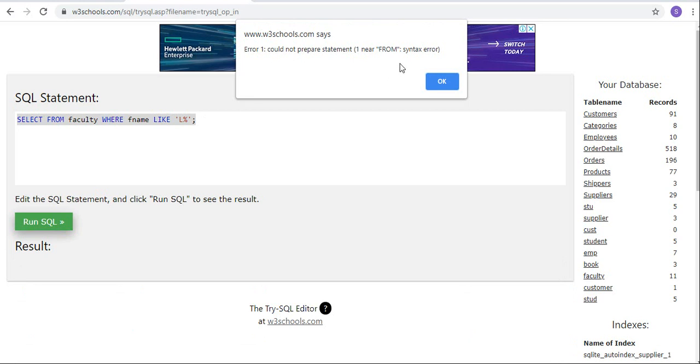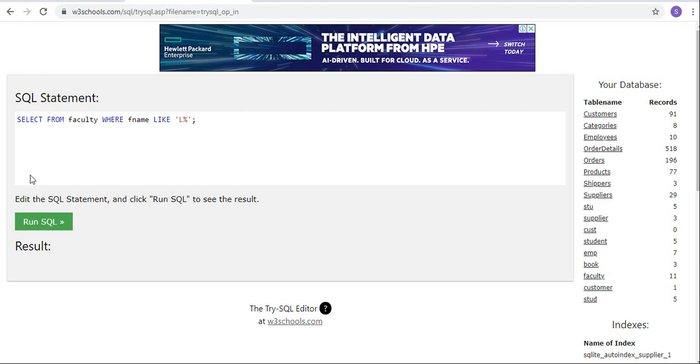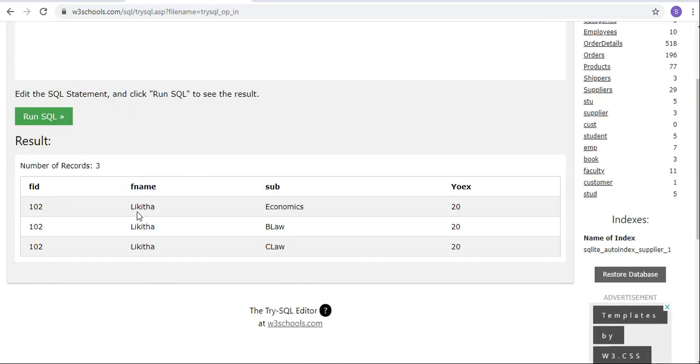Couldn't prepare statement, syntax error. Oh, select star from. See, whose name starts with L, you will get all the details.